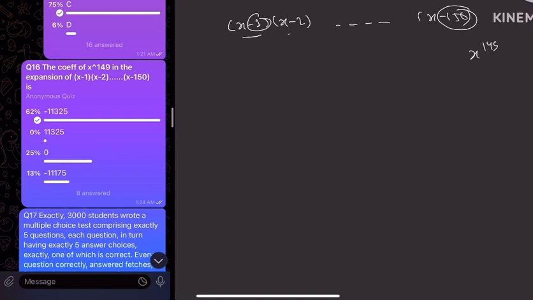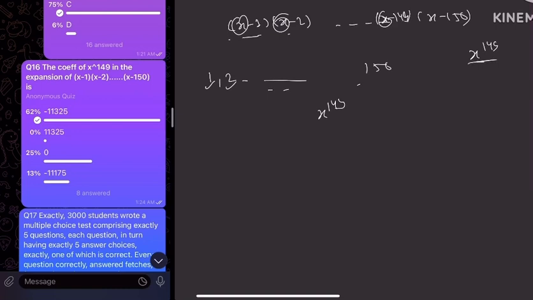So what we will do is, there are 1, 2, dot dot dot 150 brackets. If we take x from all the brackets but one, dot dot dot till the last one, x minus 150, we pick up x's from those brackets. If you multiply them all, we'll get x to the power 149, and our demand is also x to the power 149. So from the one remaining bracket we will take the constant term. So from here we'll get the coefficient: minus 1 minus 2 and so on, minus 150 times x to the power 149.